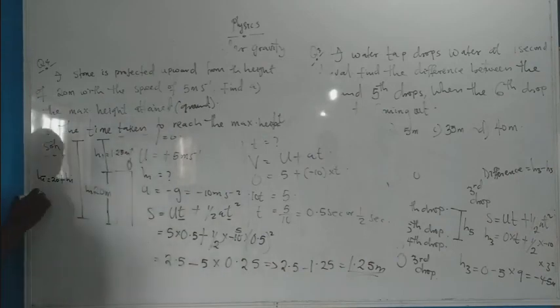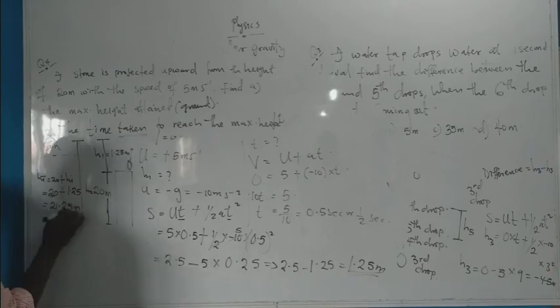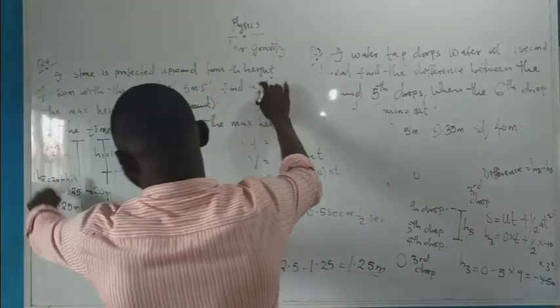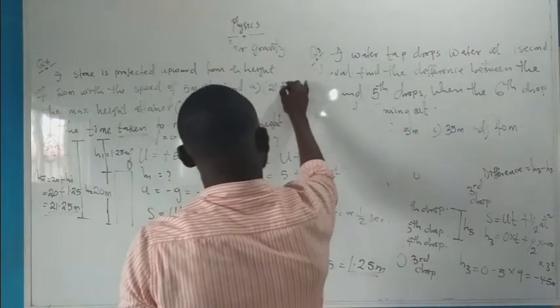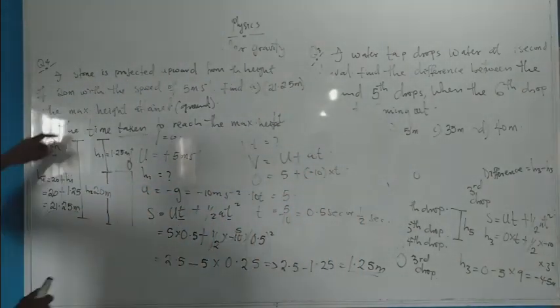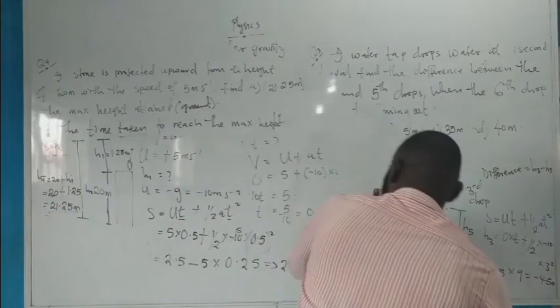So the total height now will equal 20 plus 1.25 meter, and that will give 21.25 meter. So the height from the ground is 21.25 meter. So the time taken to reach the ground next, the time taken to reach the ground, you can